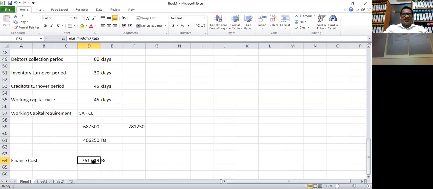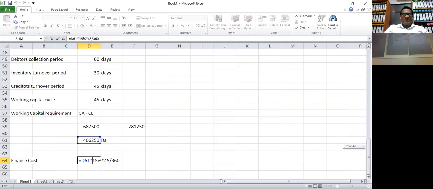So always, now since I'm using an Excel sheet, in the absence of a whiteboard, always look at the formula. I mean, you are not new to Excel. All of you know Excel. And you should know Excel. If you want to work as accountants in the future, you should know Excel. So you have to get used to working with Excel.